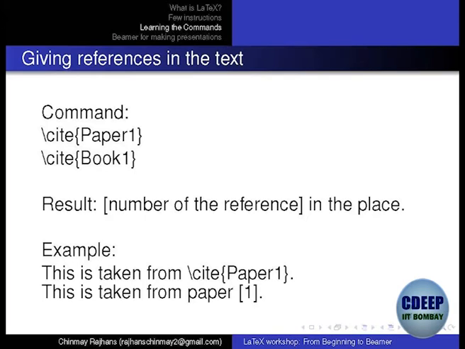Before I go to Beamer, I will just show you one thing. The way we created a report, it created a report class file. Typically when you want to write a conference paper or a journal paper, what they will give you is generally a template, something called a LaTeX template. All that the template has, most of the time, is one sample text file and one class file. They will generally give a zip folder in which one sample text file and class file will be given.